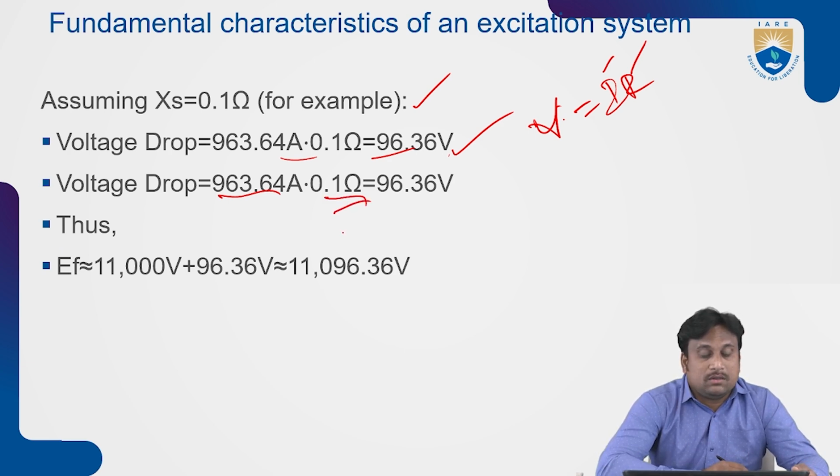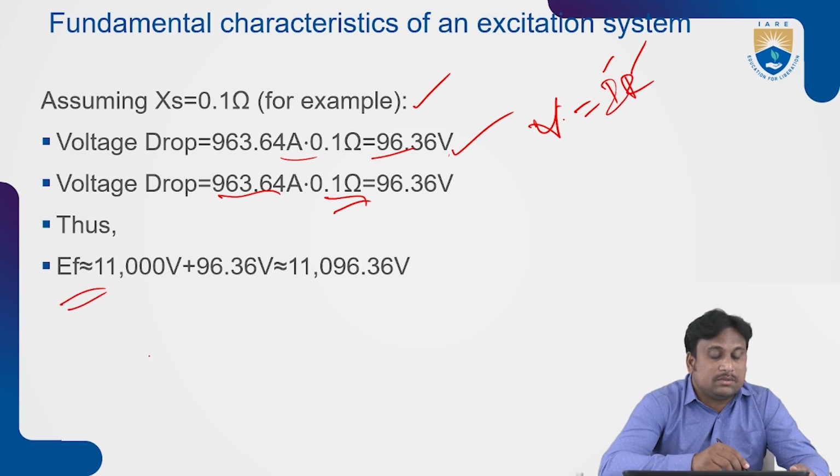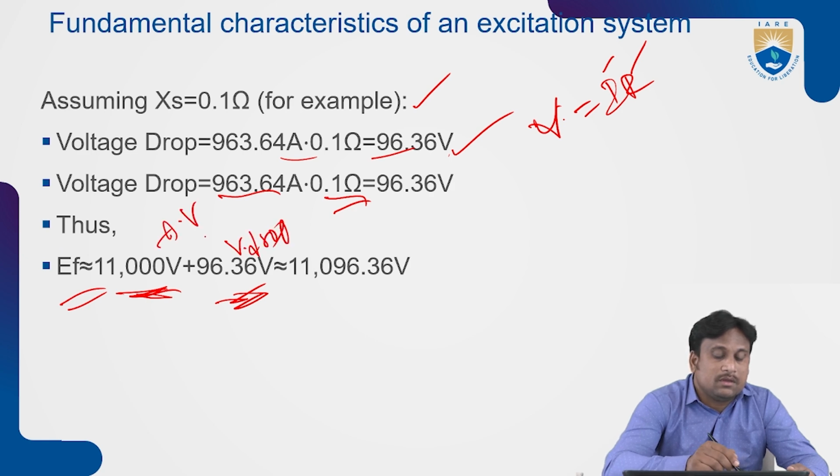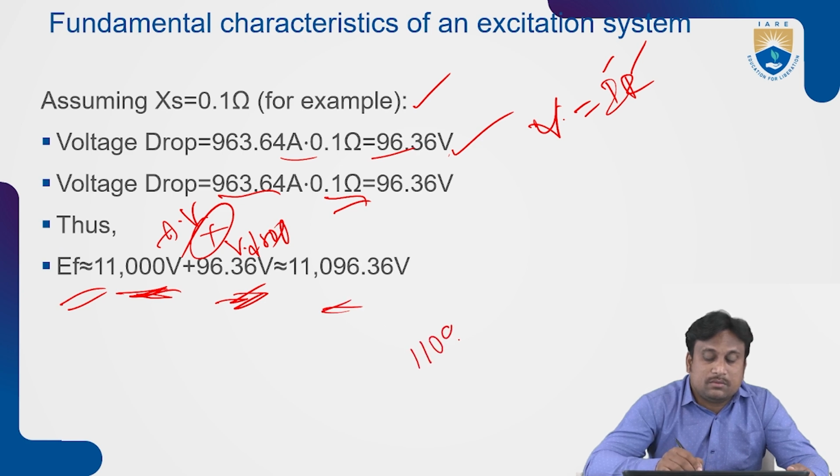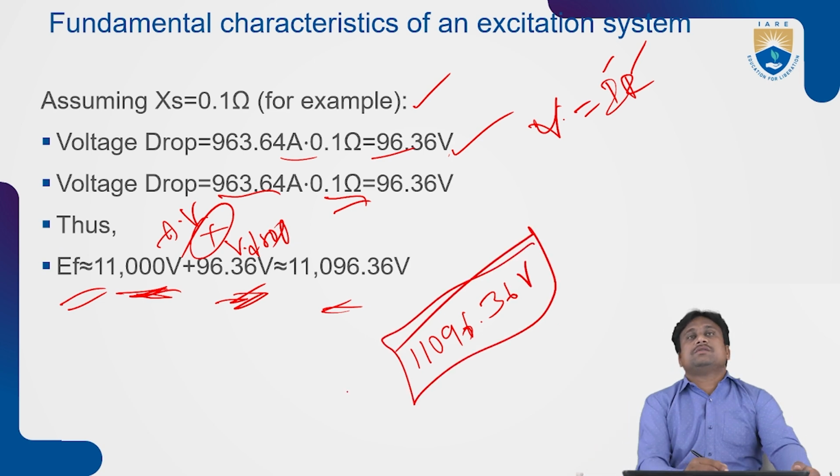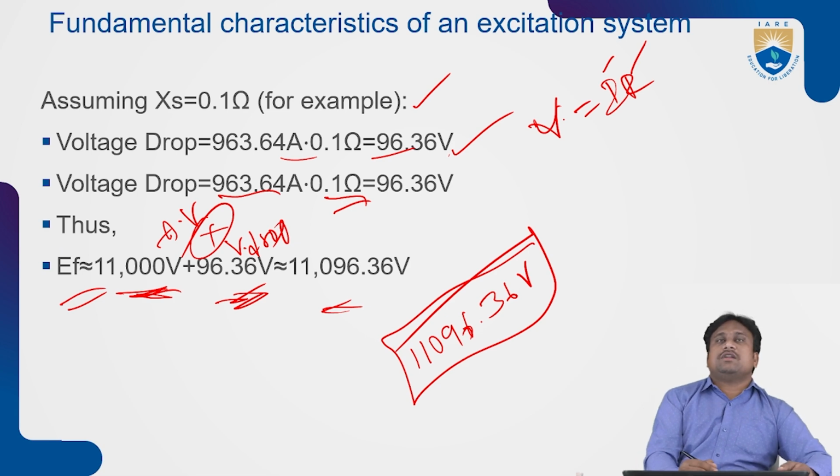Then your voltage becomes 11 kV plus 96.36. So this is the given voltage, 11 kV, 96.36 is the voltage drop, and this is the applied voltage. When summing these two, you get 11,096.36 volts. This is the final voltage that we were supposed to calculate for the given excitation of the generator